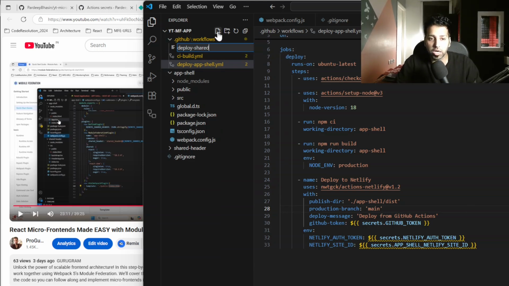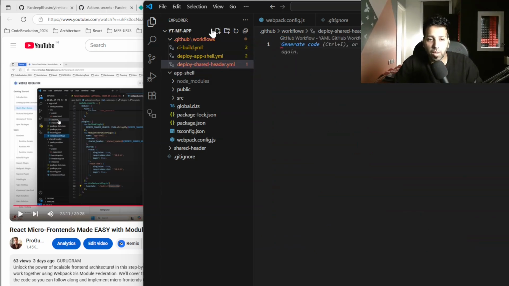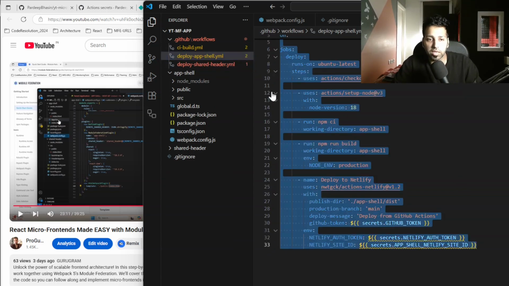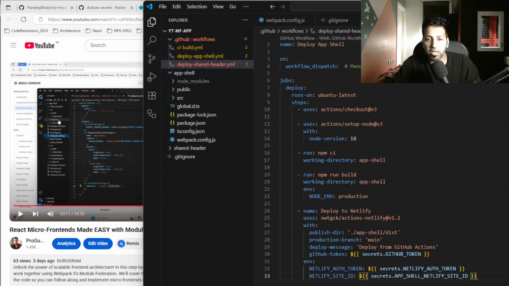deploy shared header, right, shared header dot yaml, right. अब क्या करते हैं, एक बार YAML फाइल को ही कॉपी कर लेते हैं इसकी ऐप शेल वाली को और शेयर्ड हेडर में डाल देते हैं. अब यहाँ पे हम दे देते हैं शेयर्ड हेडर. ओके